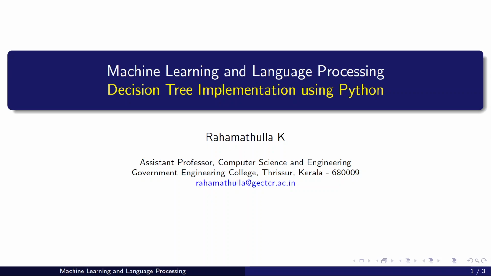Entropy is one criterion in which the attribute will be selected such that at a particular level, if you take a decision to split the data into two or more parts, at that level the entropy is more compared to the lower level where entropy is less. So the difference in entropy between levels for splitting the data will be used. The difference in entropy is taken as the information gain, and based on the information gain, the selection of attributes for splitting of the data will be done.